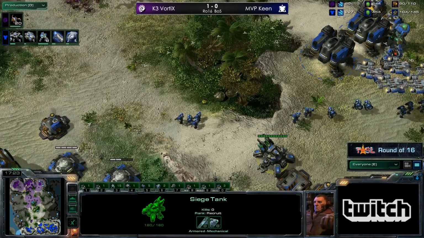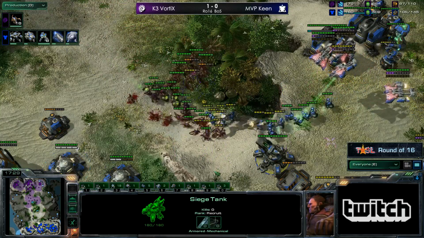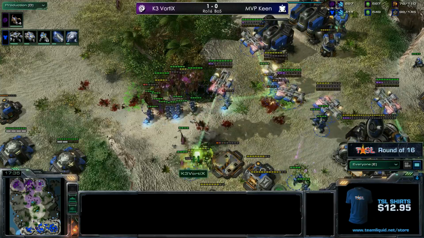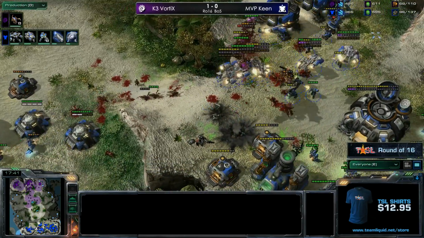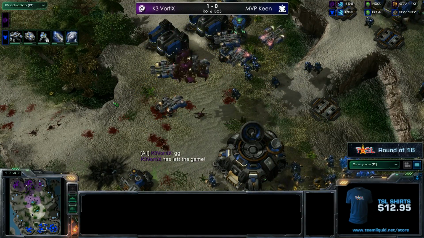And VortiX is continuing making Zerglings, but at the same time, that siege tank now on the high ground. He's got to start raking in kills. He's got to be it for VortiX. I can't imagine him being able to end the game right here, right now. He has managed to kill off SCVs time and time again, but he is already so far behind. There's only so much you can do. The missile turret's done, and there's the GG from VortiX as it is going to tie up